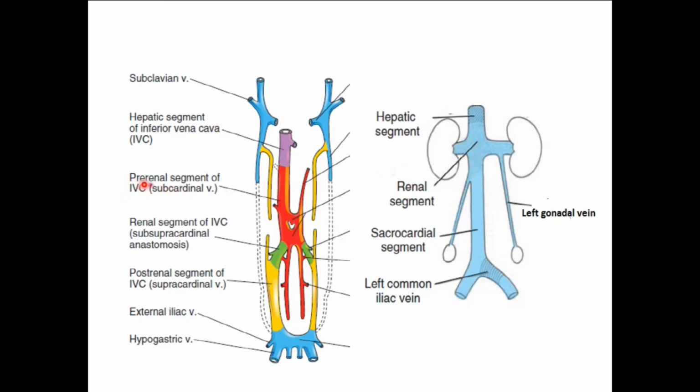They have shown that the pre-renal segment is developed from the subcardinal vein, but the renal segment over here shown in green, they say that it is derived from the subcardinal and supracardinal anastomosis. Actually, the supracardinals are very elongated, they are going down, and the segment we talked over